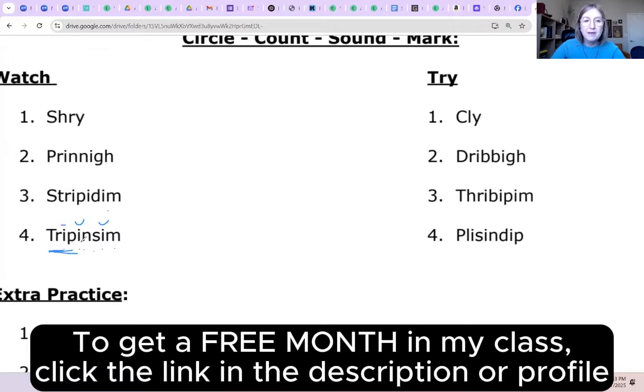So tripe, tripin, tripins, tripinse, tripinsim. Now when you say this word, is it tempting to pronounce that TR as a, no, not that, a